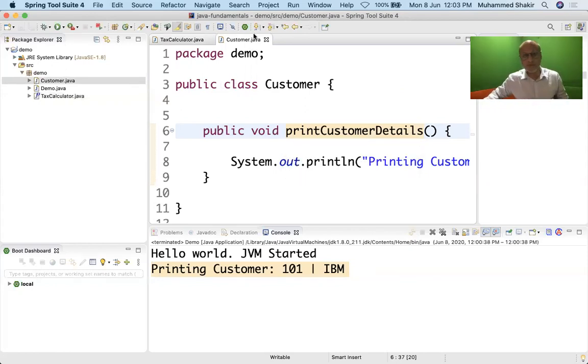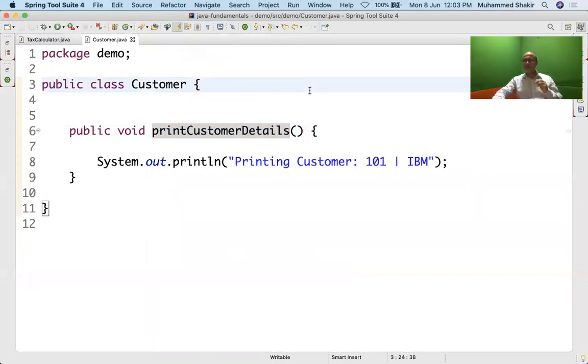Don't miss this part of the explanation at all, my dear friends. This will be helpful to you all throughout your career. What is a class? A class is a template of how an object will look like when created of this class. Okay, human being is a class that God the Almighty created. I am an object of that class. You are an object of that class. So when he created that class, he created two most important things. So any class will have two most important things. One is the properties of the class and the other will be the behavior of the class. I repeat, one is the property and the other is the behavior.